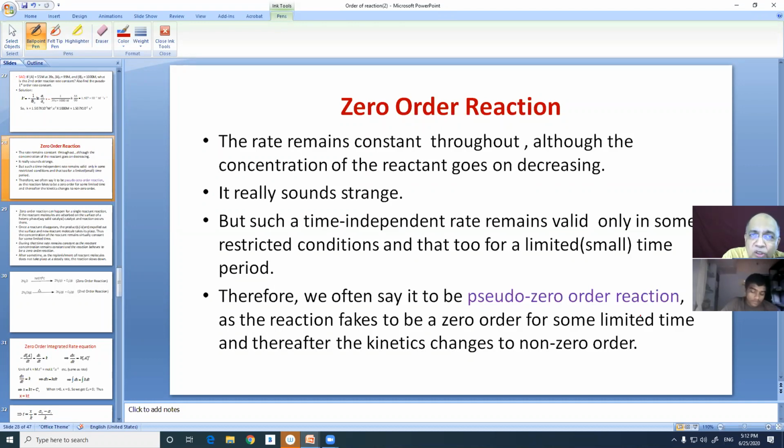Throughout the entire reaction, it cannot be zero. For some small length of time from the very beginning, it will fake to behave as a zero order kinetics, and the reaction rate remains constant. Why? Because as the reaction